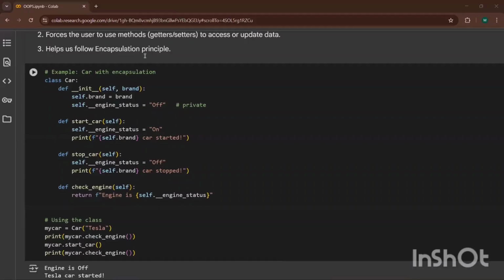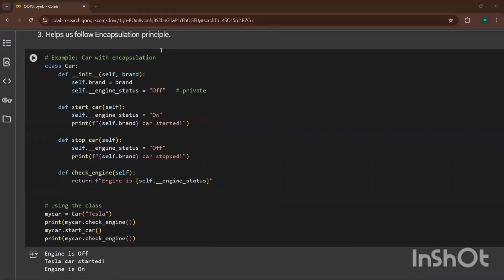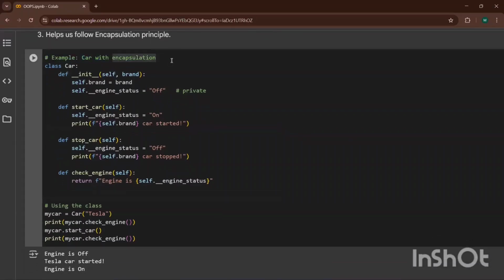Now, guys, I have another example, which is car with encapsulation. A very simple example, guys. This is the simplest one which I have created. Class Car, def init self, brand. Self.brand is equals to brand.